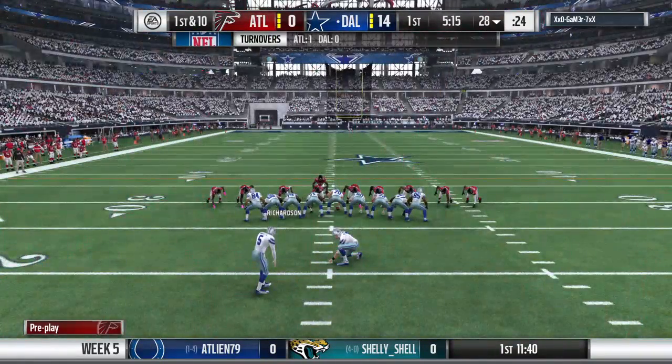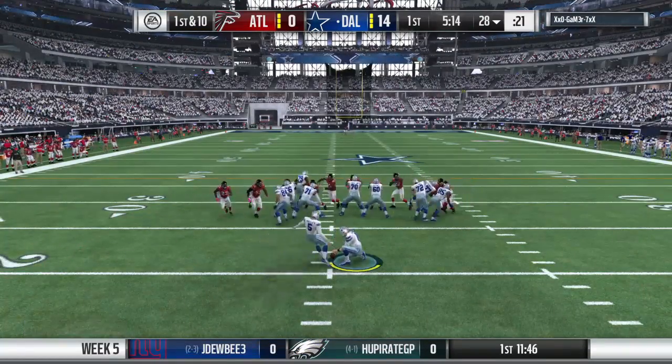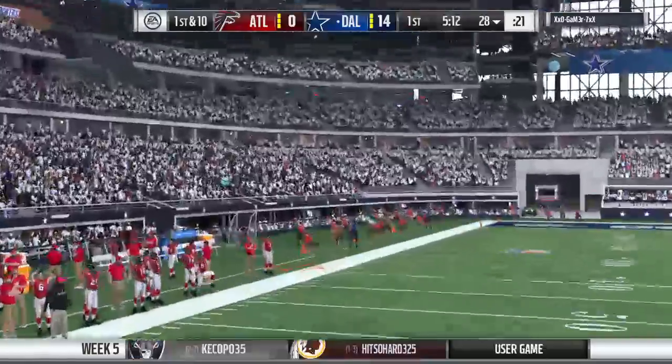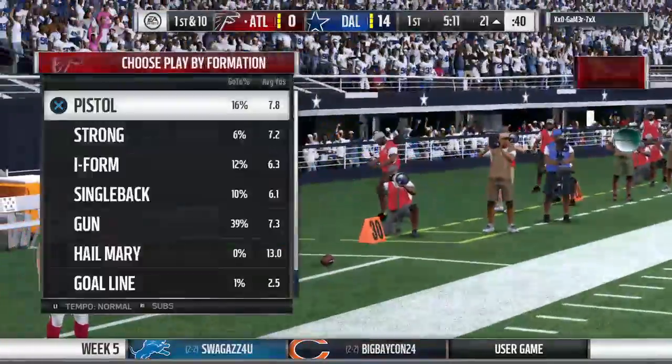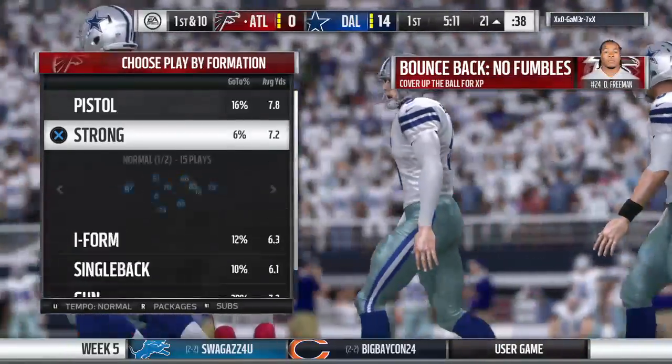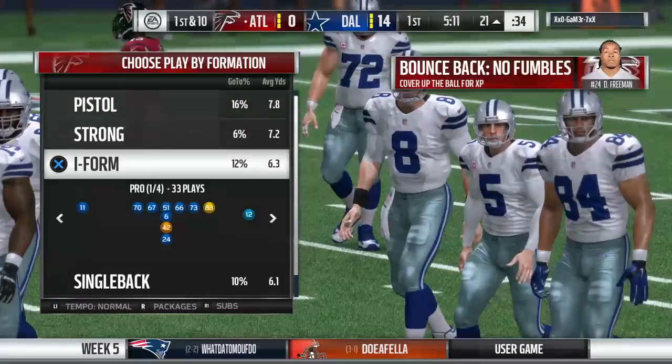And am I seeing this correctly? They brought out the field goal team here on first down. And supreme confidence in the kicker turns to supreme failure, as that is obviously no good. And this score will stay right where it is. I guess I got to hand it to...